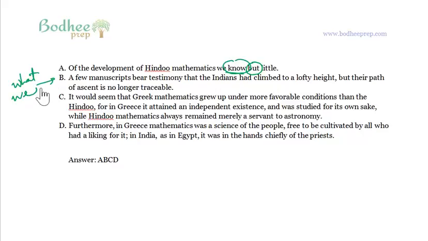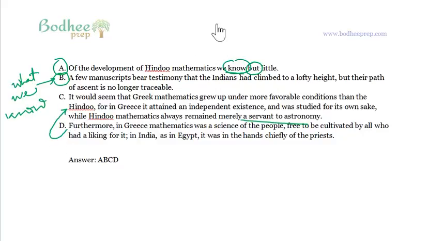So again, you must learn to connect ideas logically. A says basically we know little, and B says what is the source of whatever we know, right? So AB again seems to be correct. C says, it would seem that Greek mathematics grew up under more favorable conditions than the Hindu, for in Greece, it attained an independent existence and was studied for its own sake, while Hindu mathematics always remained merely a servant to astronomy. D says, furthermore,